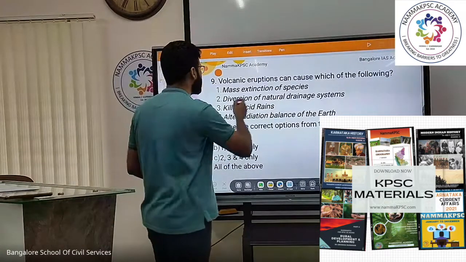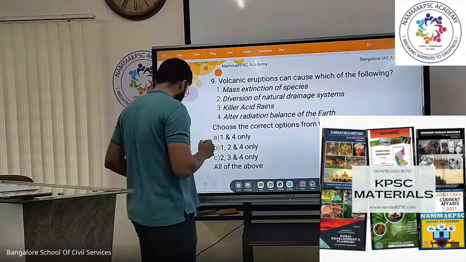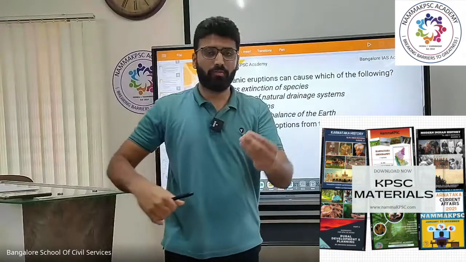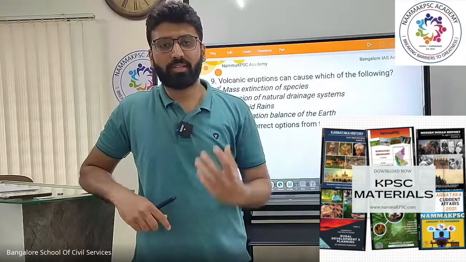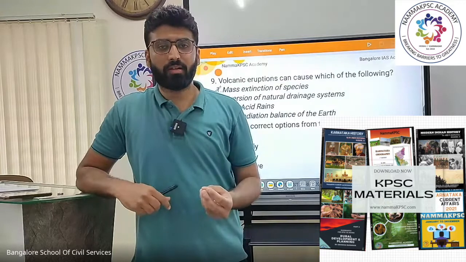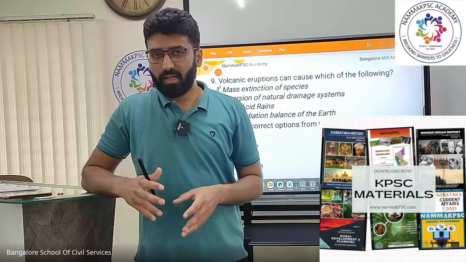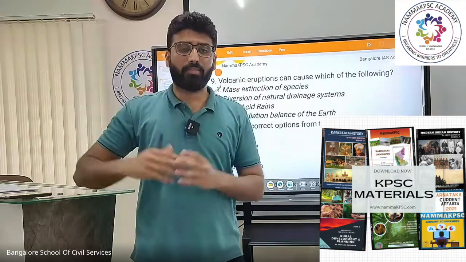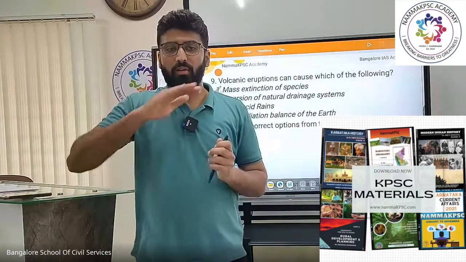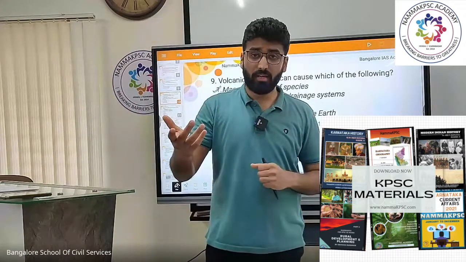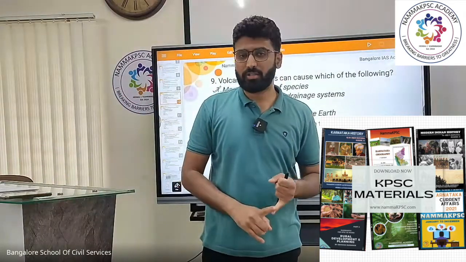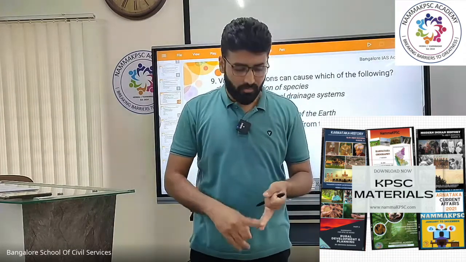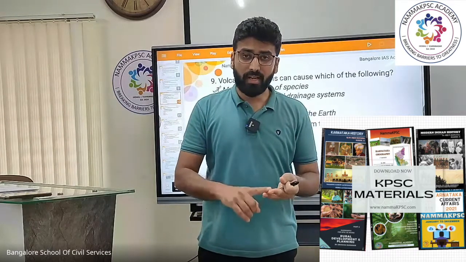For example, mass extinction of species. A very massive volcanic eruption is considered to be one of the reasons responsible for causing the extinction of dinosaurs. One of the theories is that there was a very big volcanic eruption and this resulted in spewing dust particles and soot particles into the atmosphere, which cut off the sunlight for many, many years, which affected the vegetation growth on the Earth's surface. There was no sunlight received on the Earth's surface. Therefore, dinosaurs, vegetarian dinosaurs,